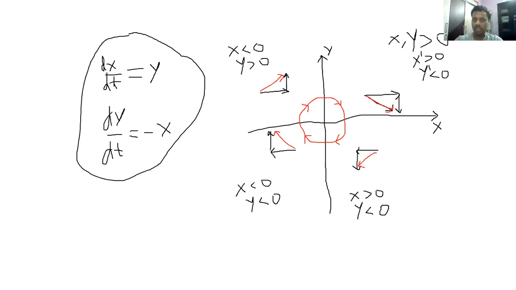If the point is lying here, it means S is greater than gamma by beta, so that will become positive. If it becomes positive, then the whole quantity will become positive. So dI over dt will become positive. So what will be the resultant direction? The resulting direction is this one. It is given already, right?